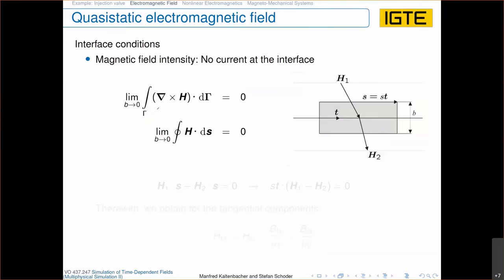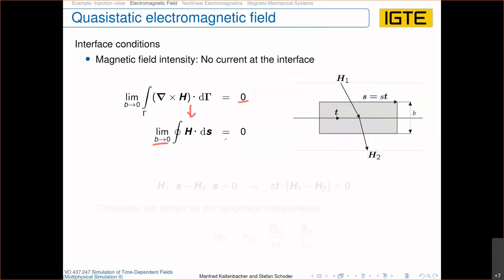As we have set it here to 0, it means we do not assume that along the interface we have any current, any surface current density. We can now transform this cross-sectional integral to a closed contour integral over such a closed contour. Since this has to be 0 and we let the distance go to 0, which makes sense because we want to end up immediately at the interface,